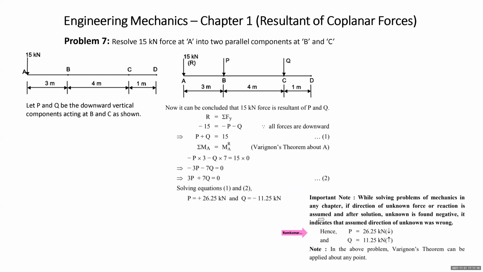This note has been written about this concept, this conclusion. And Q, since it is negative, it is not downward, what it is upward. Now I have written a note also further. In this problem, Varignon's theorem can be applied about any point, which I have already spoken to you, right? You can apply Varignon's theorem through A, B, C, D, anything you apply. You have to just follow the concepts. Once you follow the concept, there won't be any